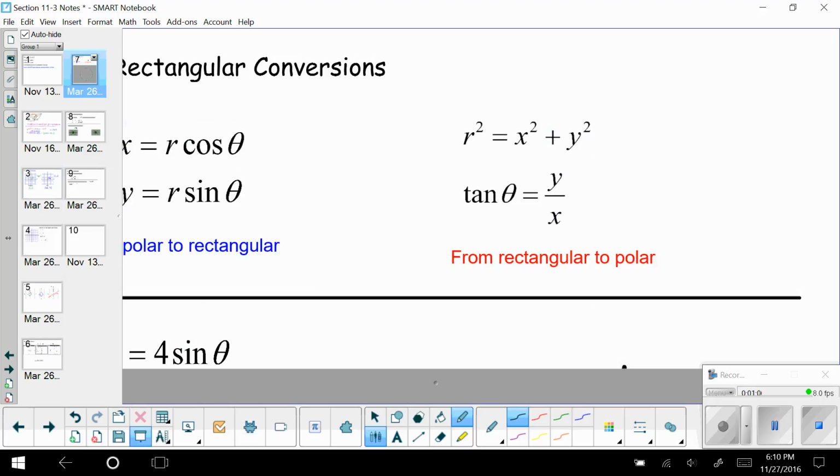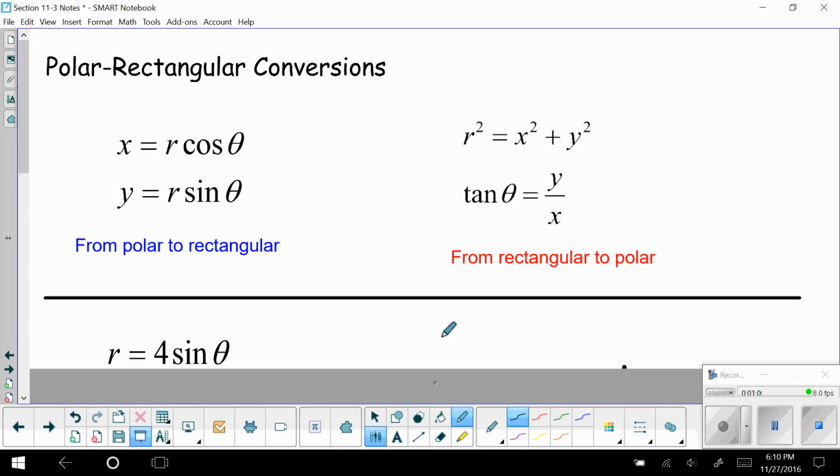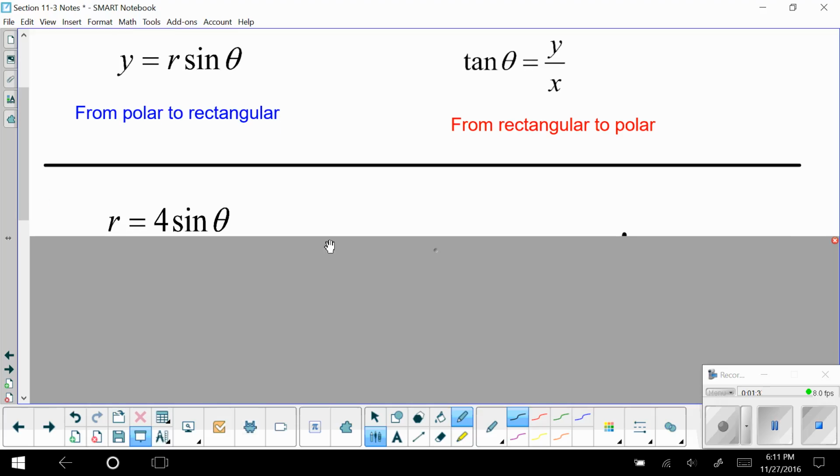In terms of how we do calculus with this, in pre-calculus I would hope that you learned how to convert between the two forms. In our case, we rarely convert from rectangular to polar, but the way we deal with derivatives in polar is we do have to convert it into rectangular. The idea here is x is equal to whatever r is times cosine theta, y equals whatever r is times sine theta. So if I have the function r equals 4 times sine theta,